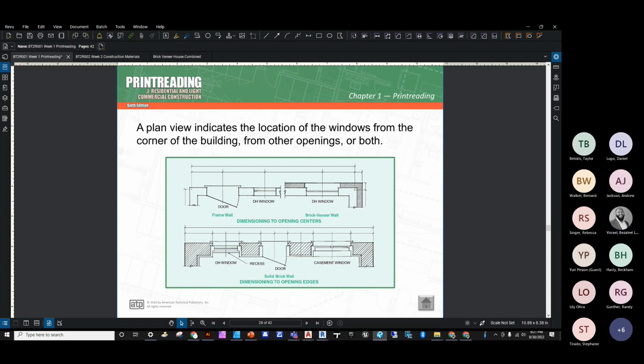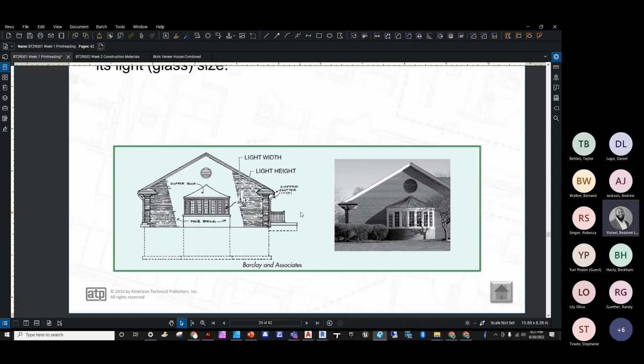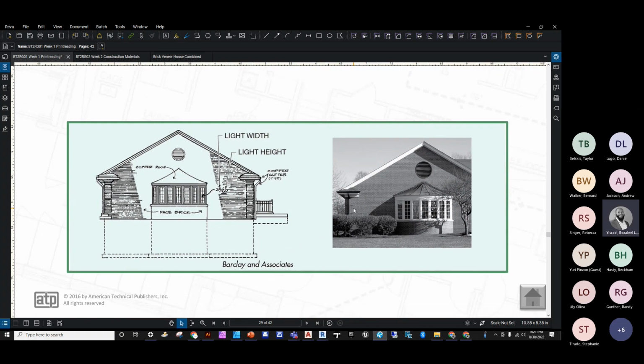Okay. So we last left off looking at this plan as it deals with locating windows and frame walls. Now we're going to shift focus to elevations. And in those elevations, we're going to be providing information about window types and the glass types. So elevation is going to provide information about the light size. And that light size is going to be described using two numbers, such as